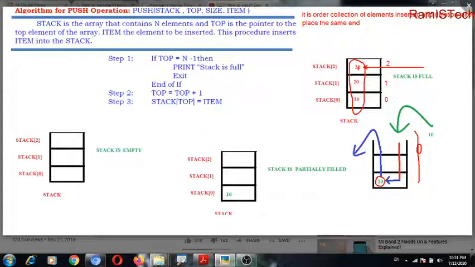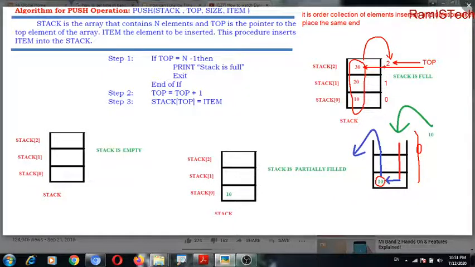So 30 is the top element of this array. So we are pointing to this position. We can say this is top. So top is the pointer to the top element of the array.